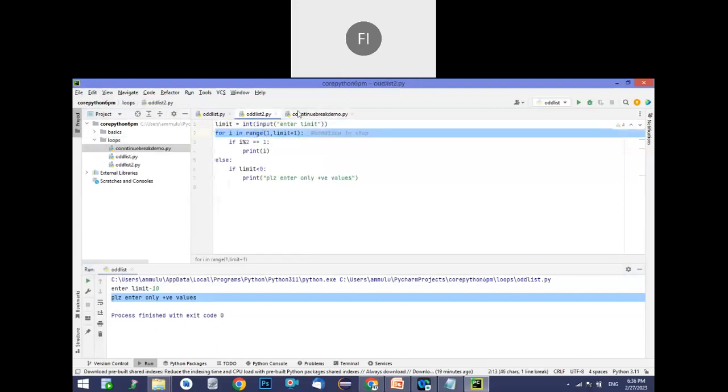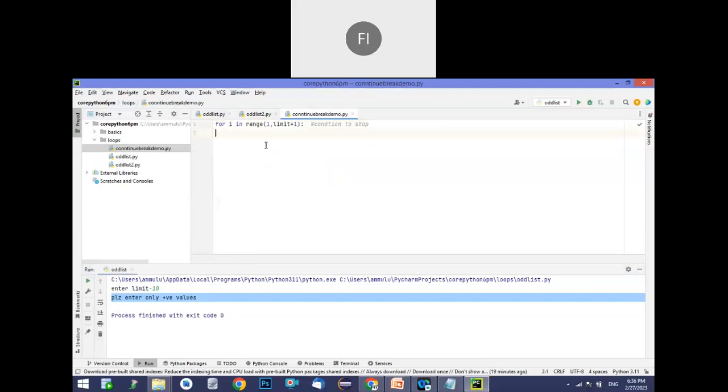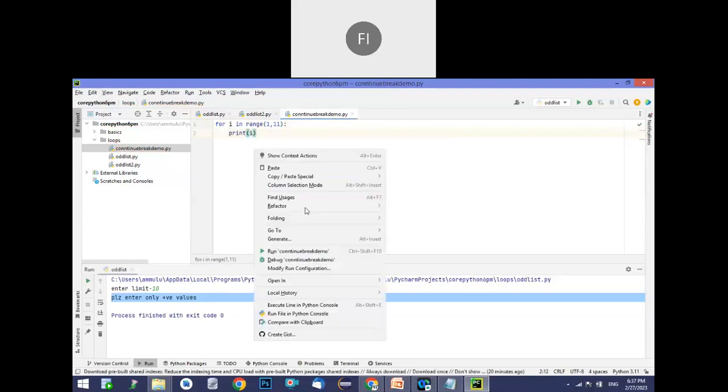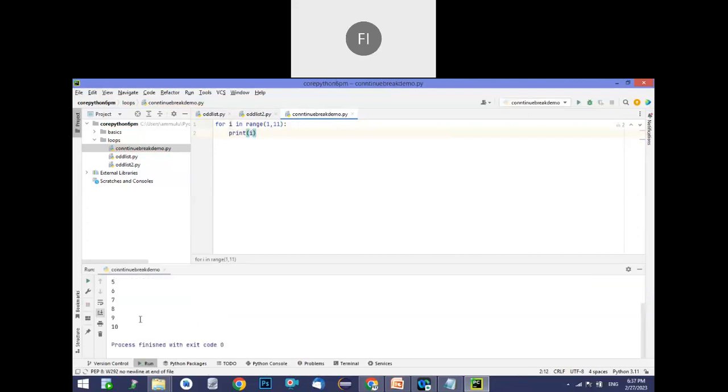Now what I want here is to print the same way. Let's take 1 to 10 values, assume that. So for i in range of 1 comma, here I want to give 10. For 1 to 10 you have to give 11. Always remember that when you want to stop at some value in the for loop, you have to give +1. Now simply you can print i, that's all. Now just run this program. We are expecting 1 to 10 as output. Yes, it's coming.